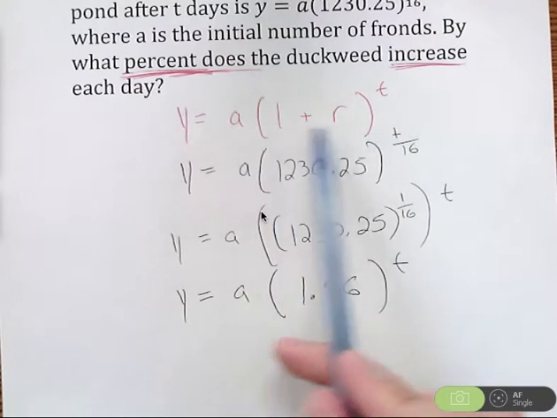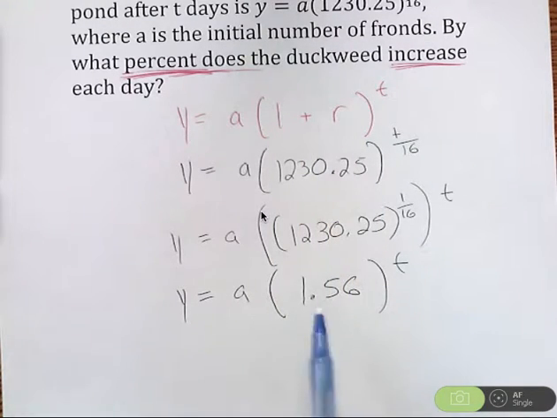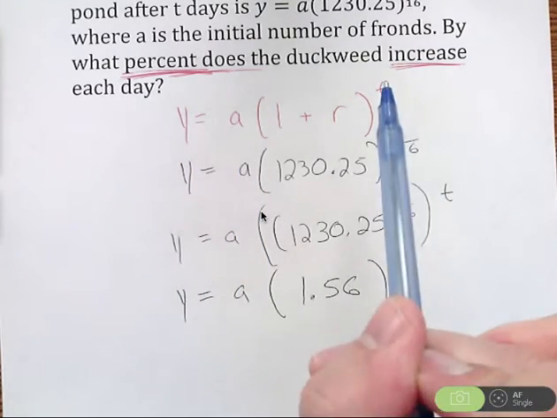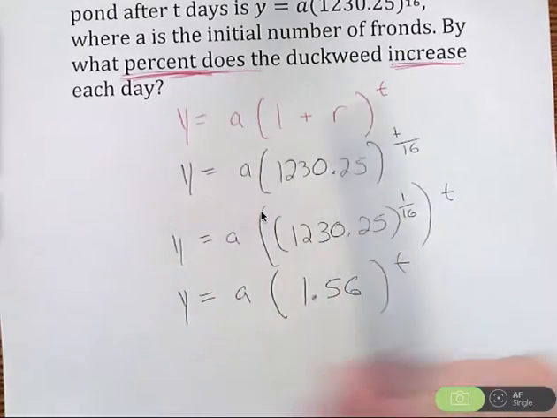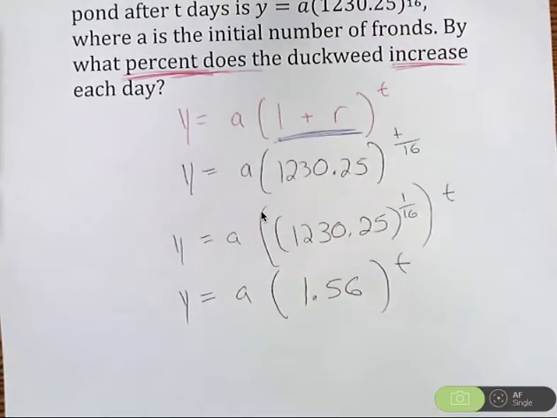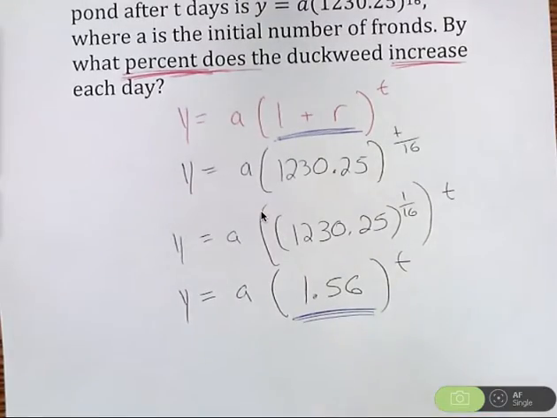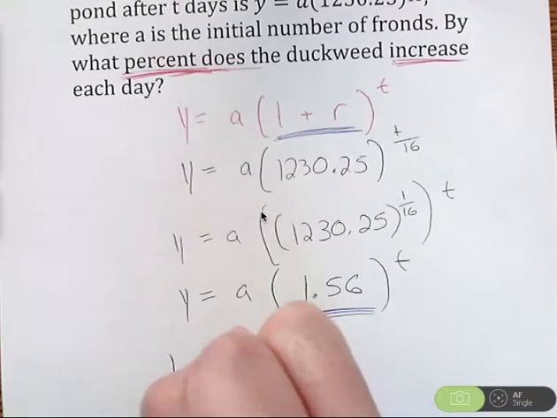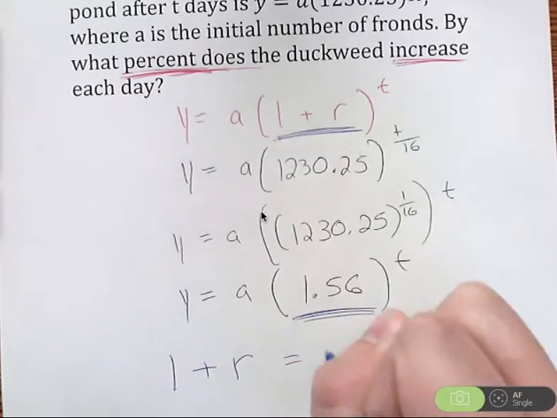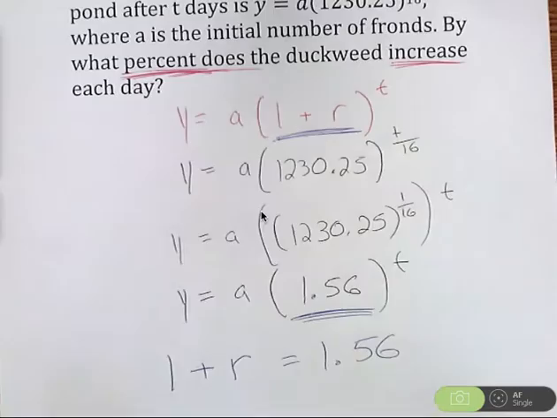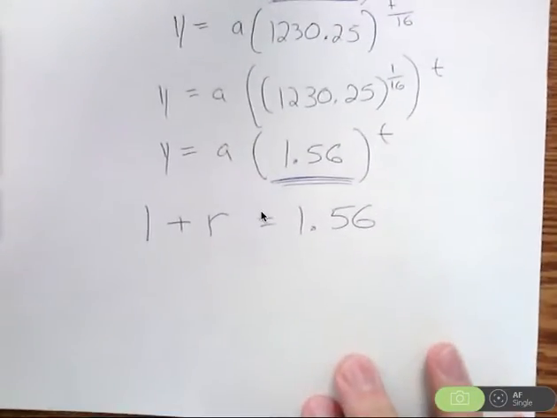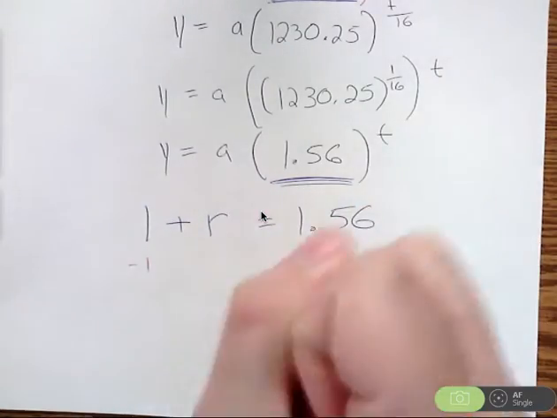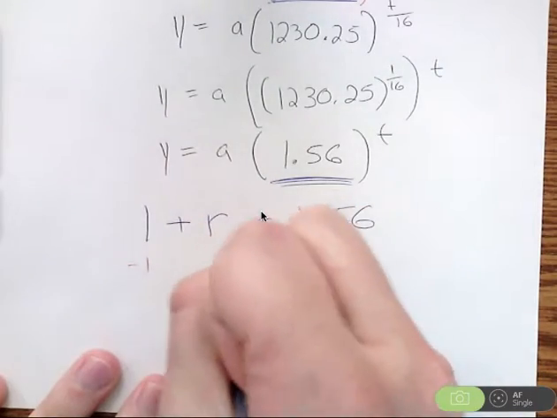So I have a 1 plus r up here, and I have a 1.56 here. So notice how the y, the a match up, and the t match up with my bottom line in the red. So notice how I have a 1 plus r here and a 1.56 there. These are supposed to match up and be the same. So let's set them equal to each other. 1 plus r is equal to 1.56. And when we take that and solve it, so solving for r, subtract 1 from both sides, we find that r is